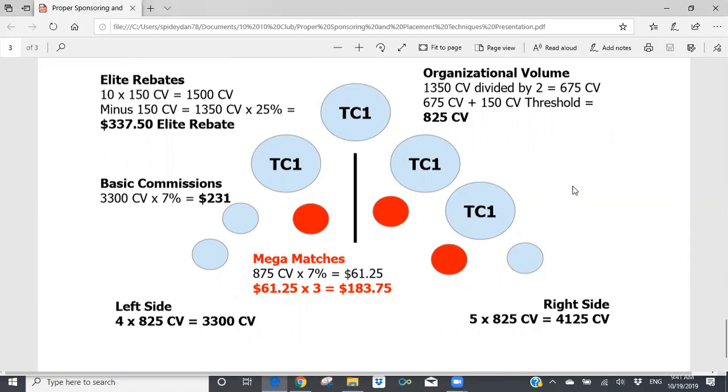And then the other side of the 10 is so that you can actually build the power of the residual income. And I find that very attractive in that when you create that balance with the 10-10 and utilize properly the left and right sides of your organization, you develop